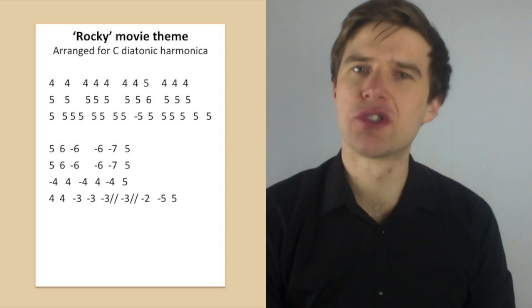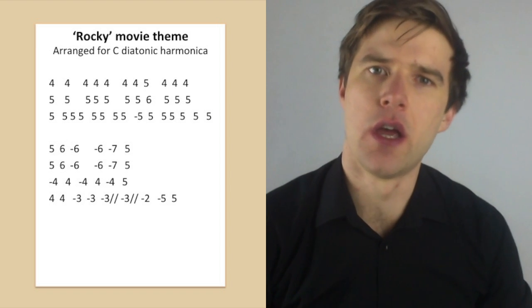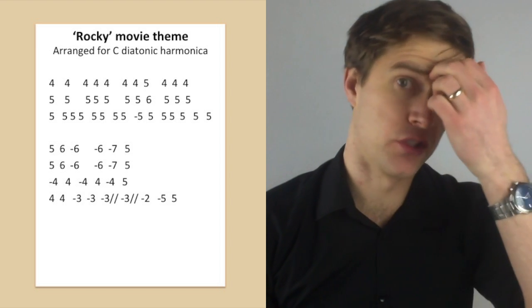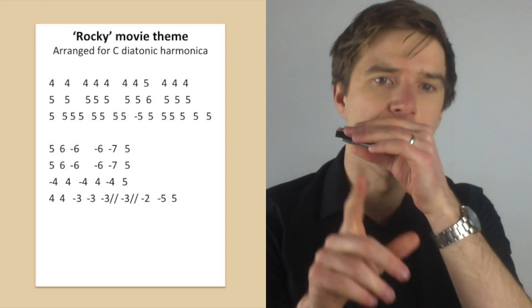Just an idea, just something that I was trying out when I was playing it, because this is a rock tune, this is a kind of up there sort of in energy kind of rock tune, so you want to put some energy into your playing, so just something to think about when you're playing it. So you play that twice, and then we've got a nice little line,